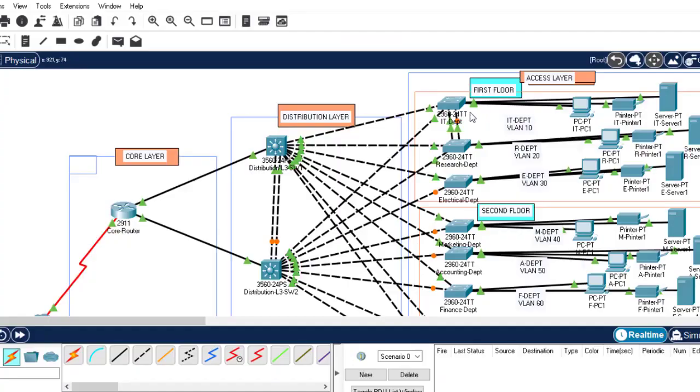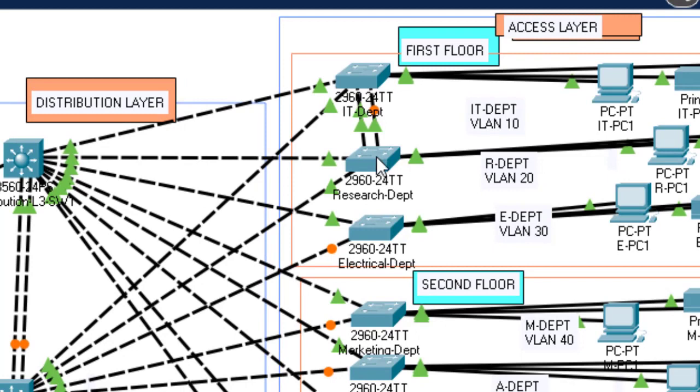Okay guys, as you can see, the port in the other switch has been put into blocking state. So the traffic can only go one way, this one, using this green link. It cannot go through this one because this port is put into blocking state, or it cannot come from the other switch through the other interface. That means